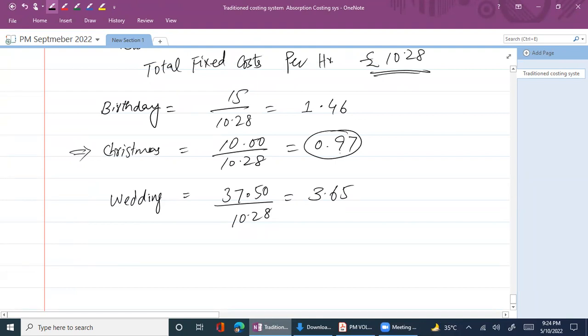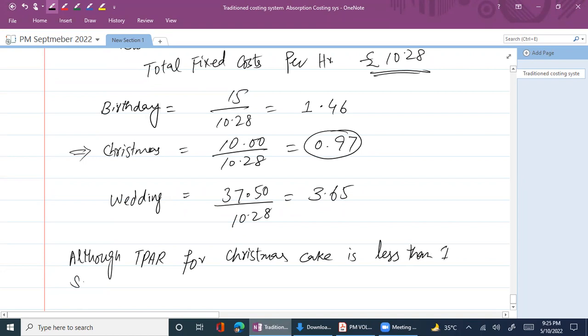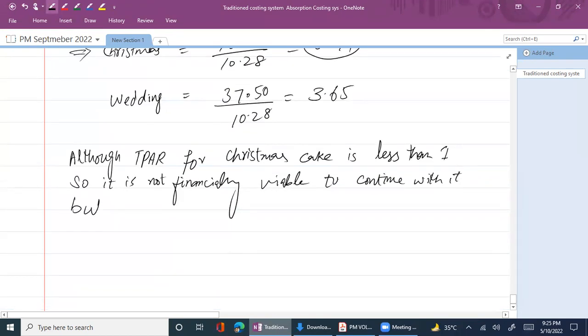Apparently, as you know, a throughput accounting ratio less than 1 shows a loss. So we can write that although the throughput accounting ratio for Christmas cake is less than 1, so it is not financially viable to continue with it, but we can continue with it because